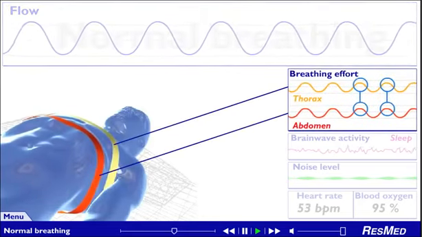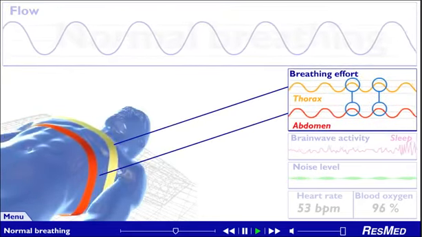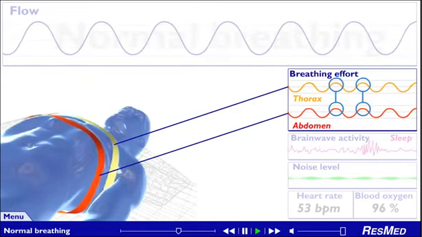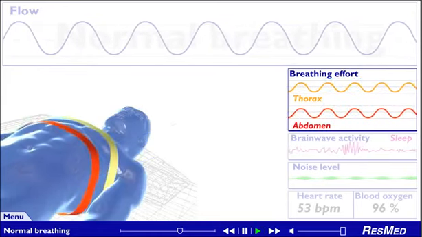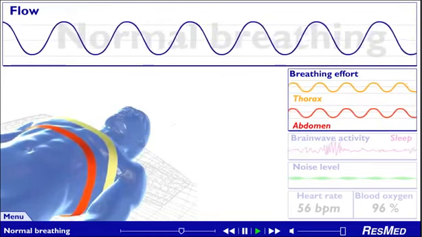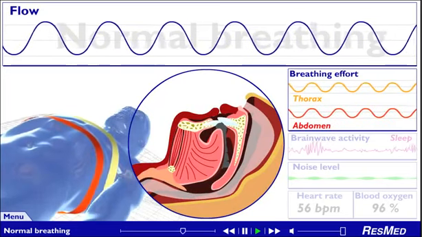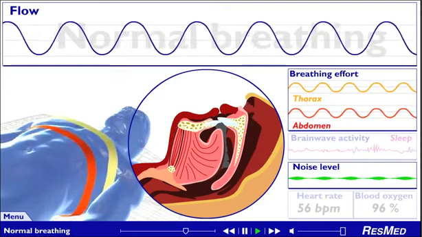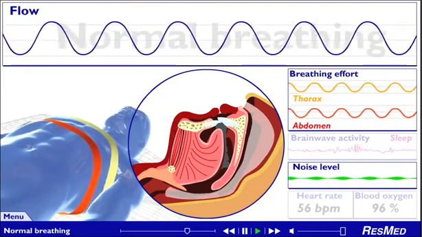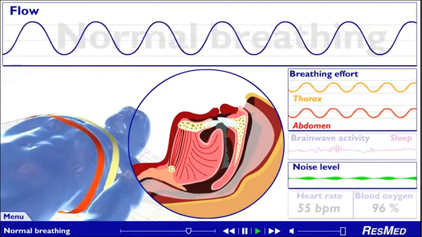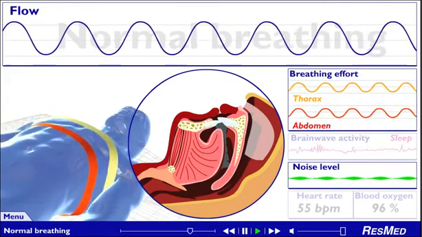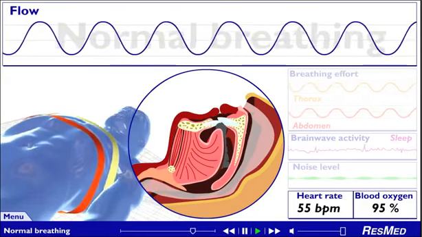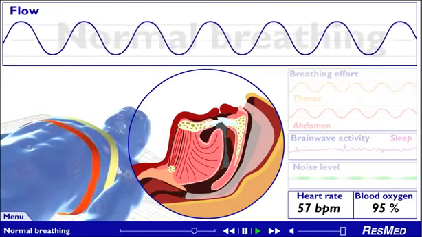The respiratory bands attached to the chest and abdomen are measuring the effort required to breathe. They produce two traces, which rise and fall along with the airflow trace. Notice how the airflow and breathing effort traces move in sync. You can actually hear these correspond to the sounds of our model breathing in and breathing out normally. When you are sleeping normally, your heart rate is stable, the oxygen level in your blood remains high, keeping up a normal supply to all your organs.